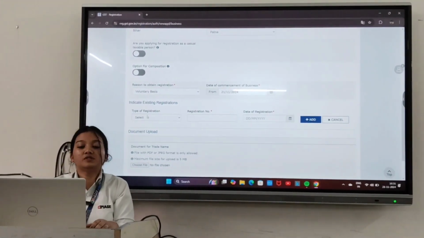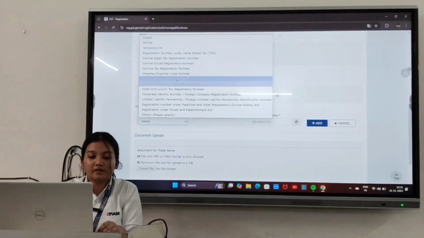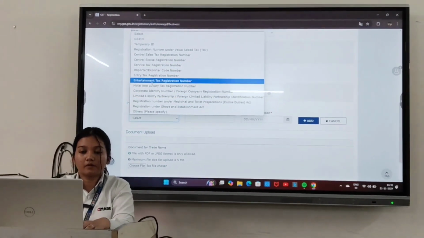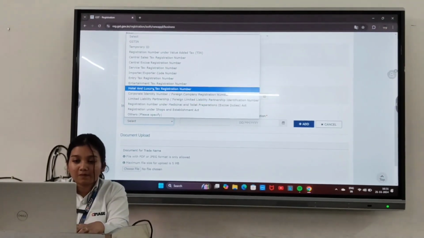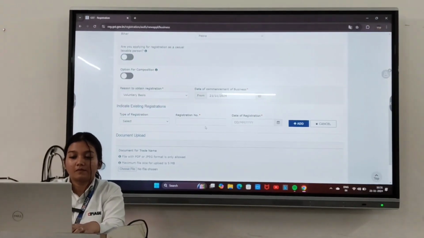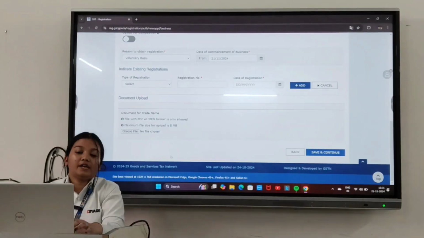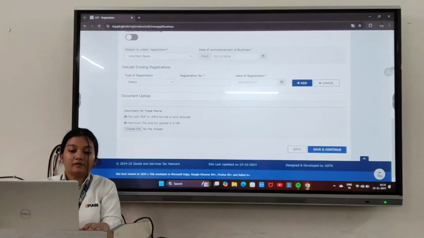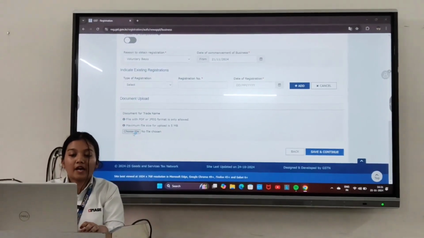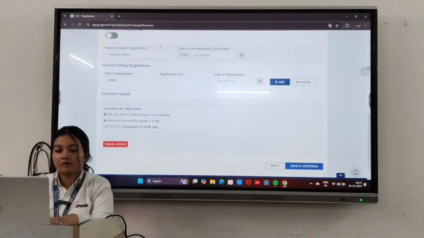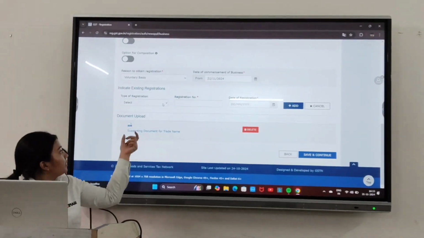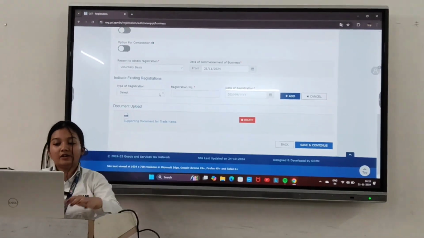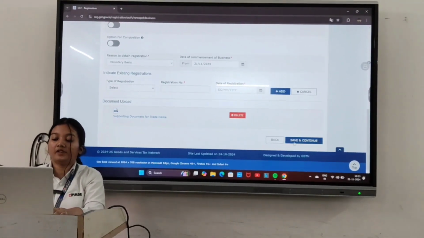So here I will choose the type of registration. Next is the document upload. Here I'll upload the document. A document has been uploaded here for the trade name. And next I'll click on save and continue.